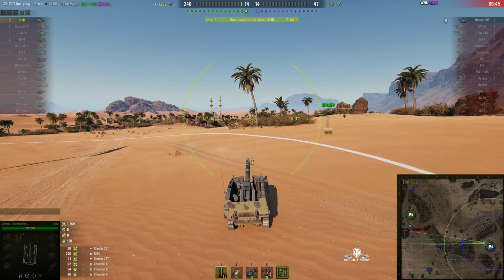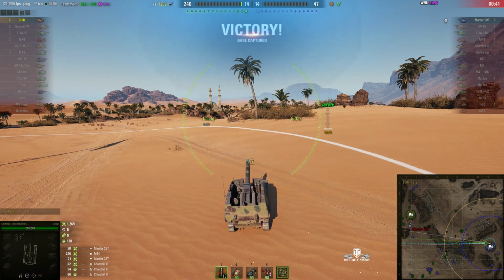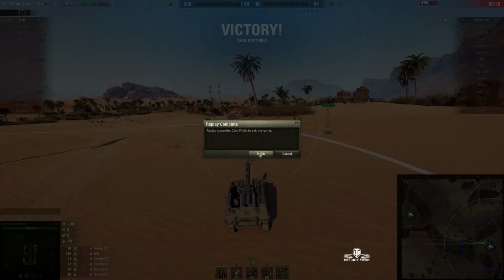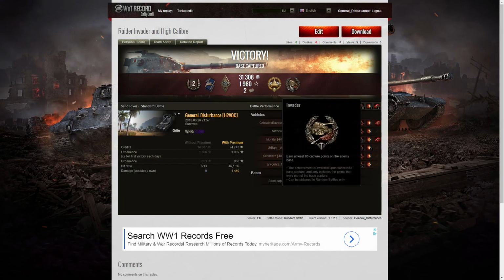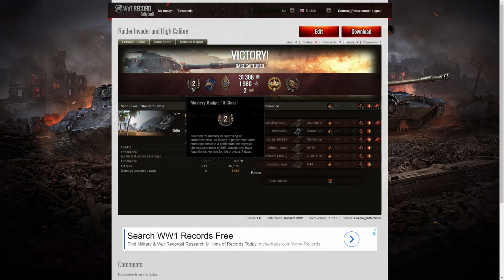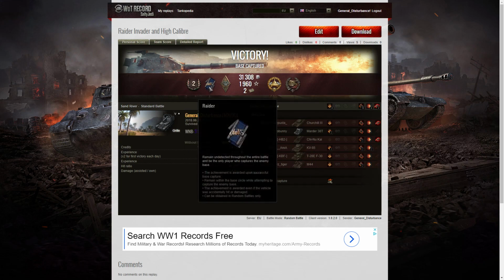Now, after all that, you'll probably want to see the end of battle results. And this is where you might be a bit surprised. You see, this was a Raider Invader medal. They never saw me. They never ever saw me during the entire battle. I got a Second Class Tanker in the Grille, but I got a Raider medal because I was never seen